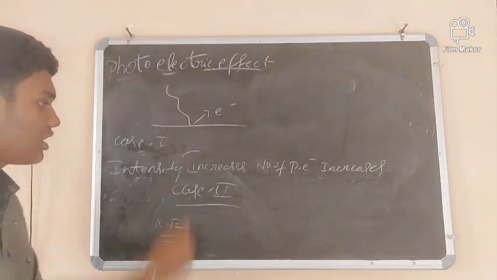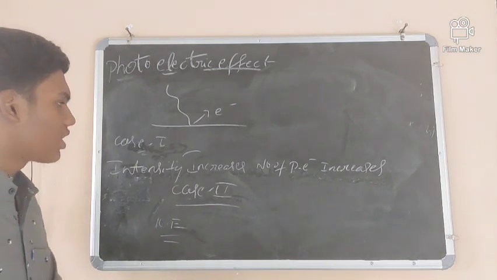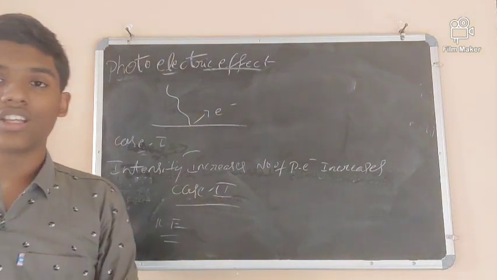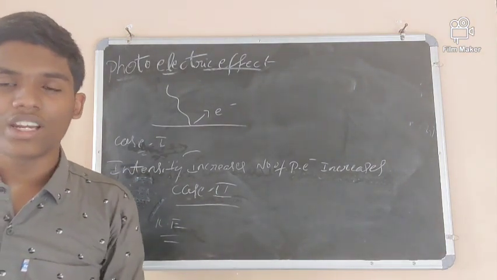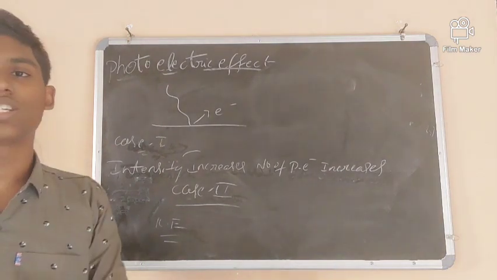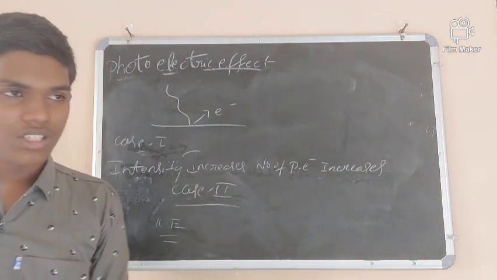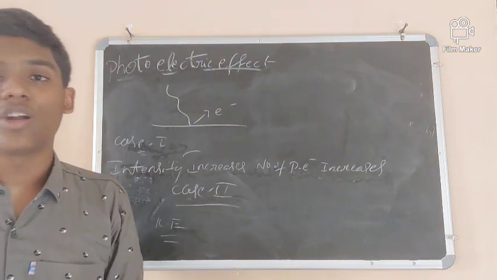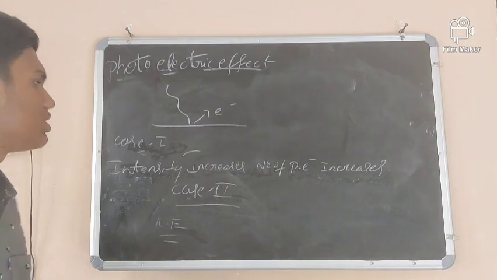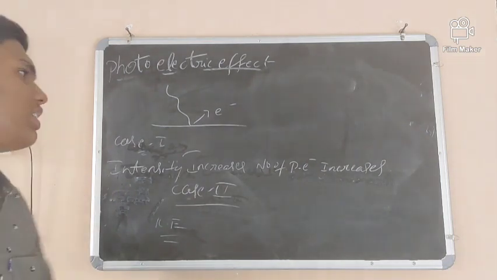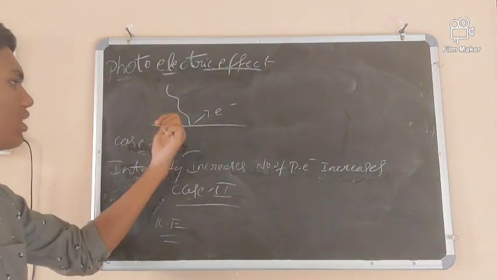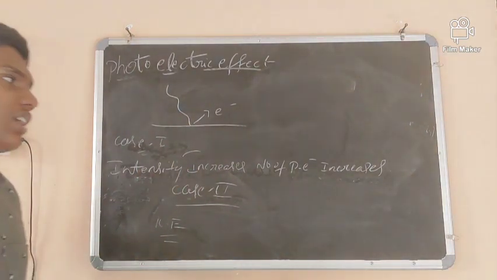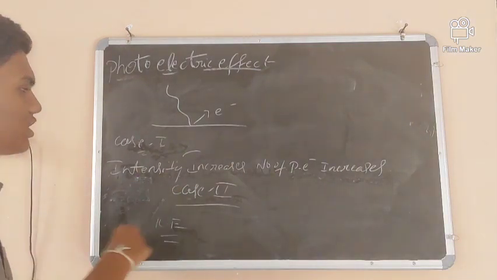When the energy of the incident light changes, then the energy can be more than the work function or less than the work function. But here the energy of the incident light itself is not changing. So with the work function, kinetic energy will be released or will not be released, but it does not increase according to intensity. Kinetic energy may be released depending on the incident light energy, but here the incident light energy is not increasing, so